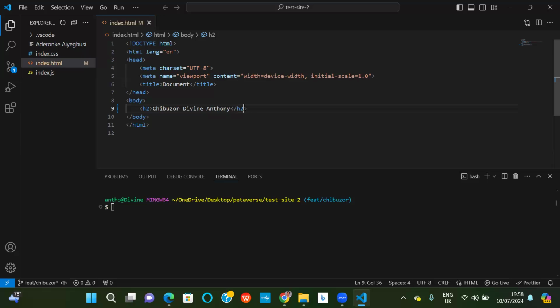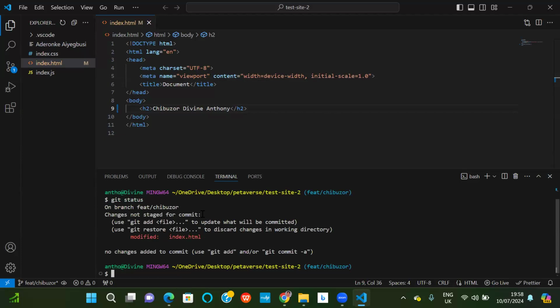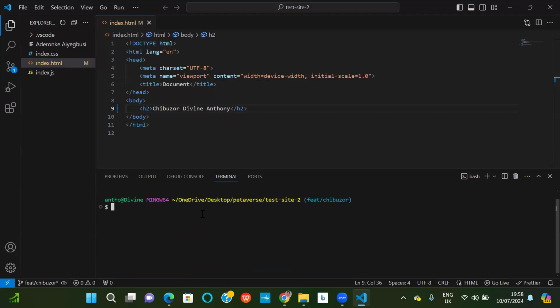It's saved. So now type git status in your terminal. Hit enter. So now it's telling you that your tree is dirty now. You modify this, right? So clear your terminal. So once you make changes to your file, and you can see that your file is what color now?